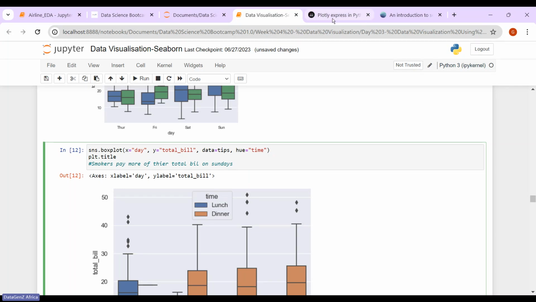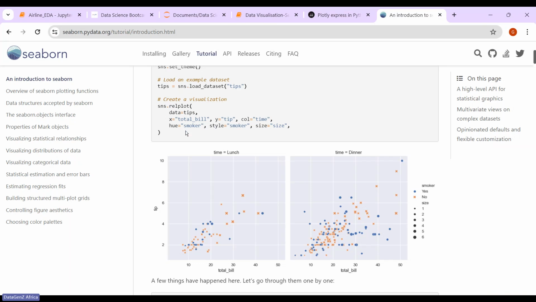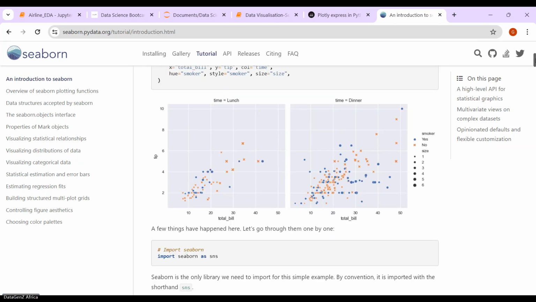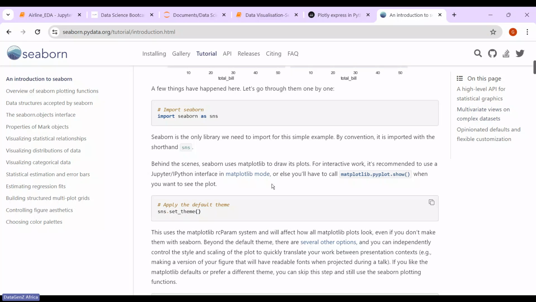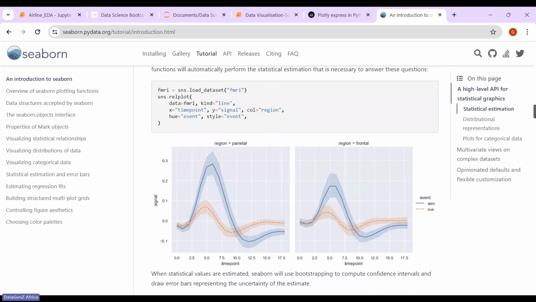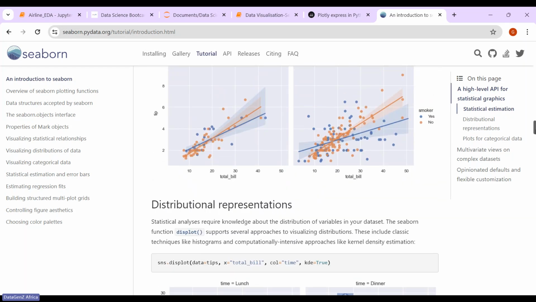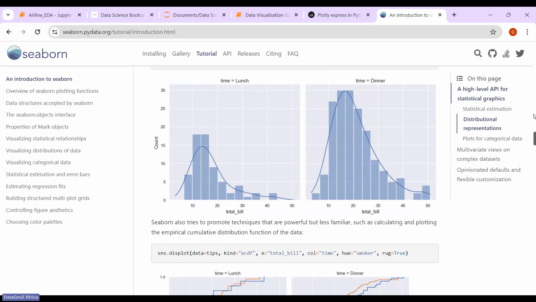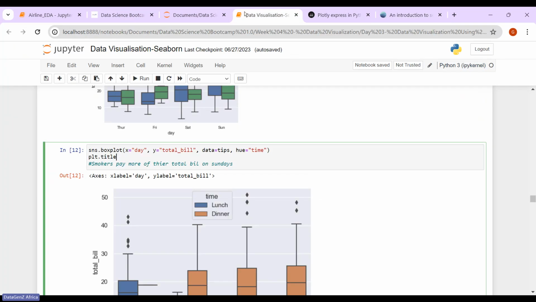That's why the documentation is there. It gives you other ways to manipulate your plots. You can set themes. If you read it up, you see the examples as well, how to use it to plot different types of graphs and all. So I'm just showing you the basic use case of this. So you can see that